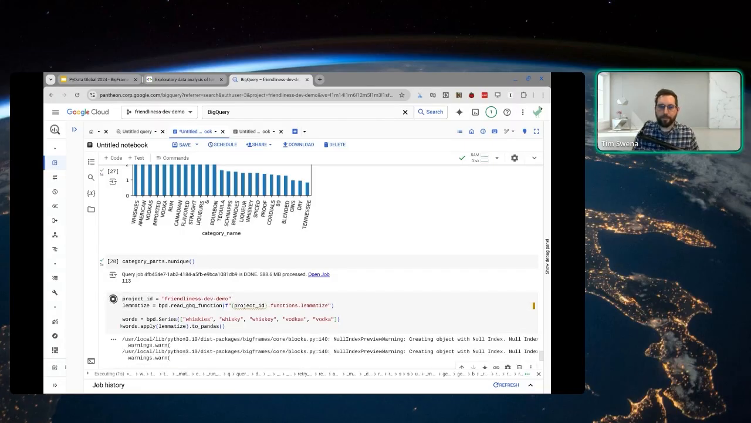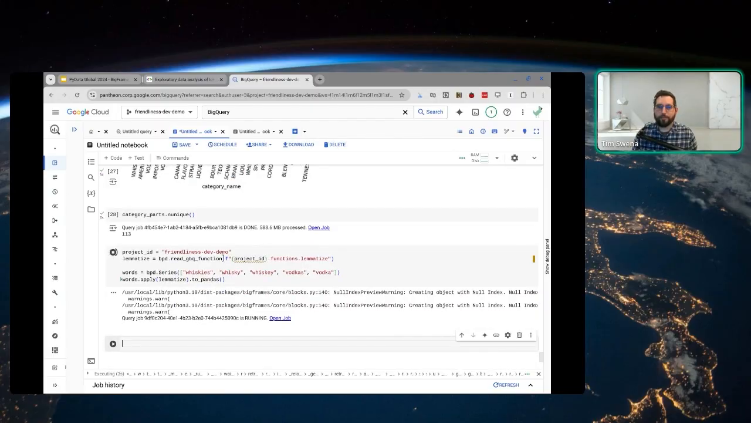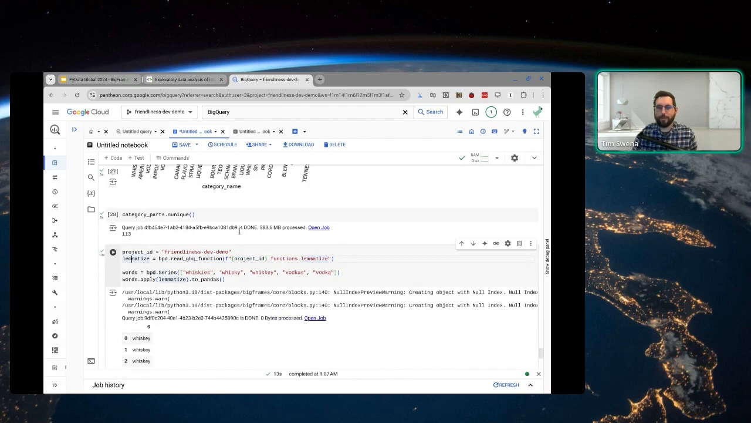So that function is deployed already for me. So I'm going to point BigQuery at that. I'm going to use this read_gbq_function to say, hey, I want to use that function that I just deployed in that other notebook,